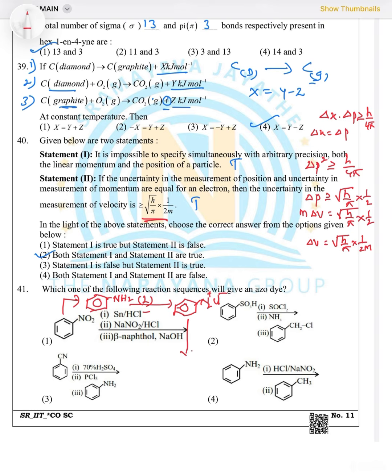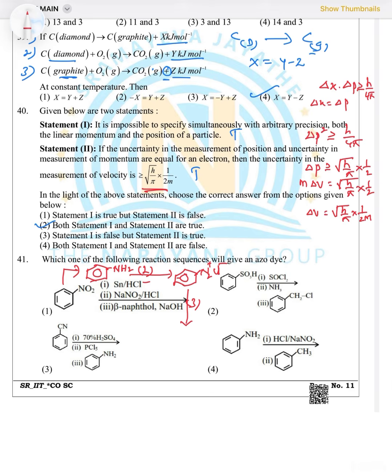And that benzene diazonium chloride, third one, reacting with beta naphthol NaOH, then what is the compound? Azo dye test is, that is, azo dye is formed. The structure is